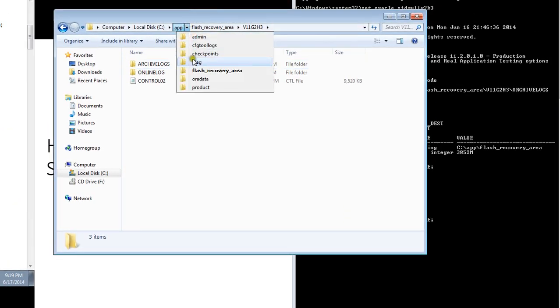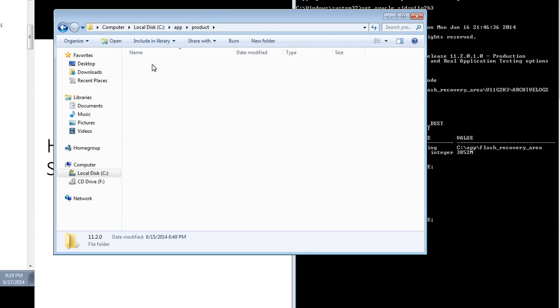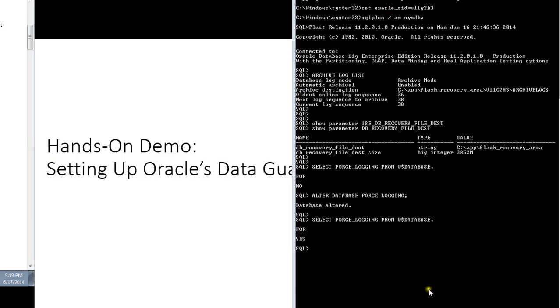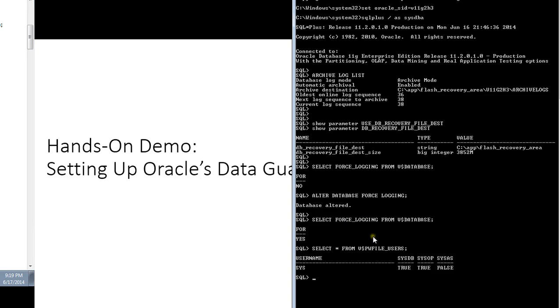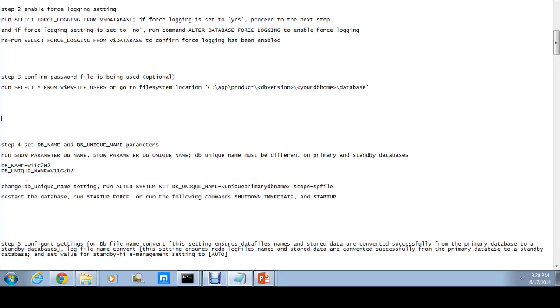So if I was to go to app, go to product, 11.2, db home 1, and look into my database folder. Then basically this is my database file. So now I'm using a password file. But if you want to just take a short route, then you can just run that query in your SQL Plus, and it's going to tell you, okay, sysdba, that you are using a password file for your current user. So what I'll do next is I'm going to set my db name parameter, and also my